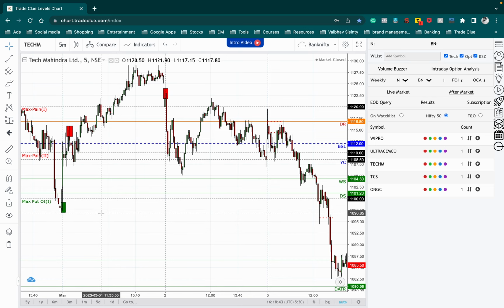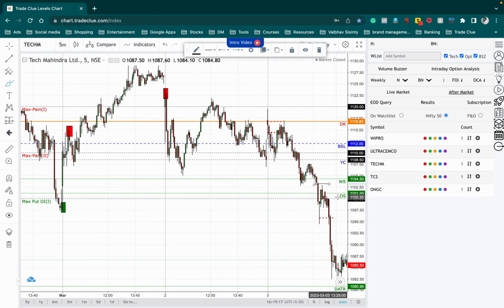Even if I mark a particular level, that is 1096.85, below the green box, I know that once this green box is taken out on the downside, the price will go one way on the downside. As you can see, once the spike came and then a proper swing pattern was made, a breakdown started happening. So my stop loss in this case will be only above these TradeClue levels, that is, above the green box or either above the DS or WS level.